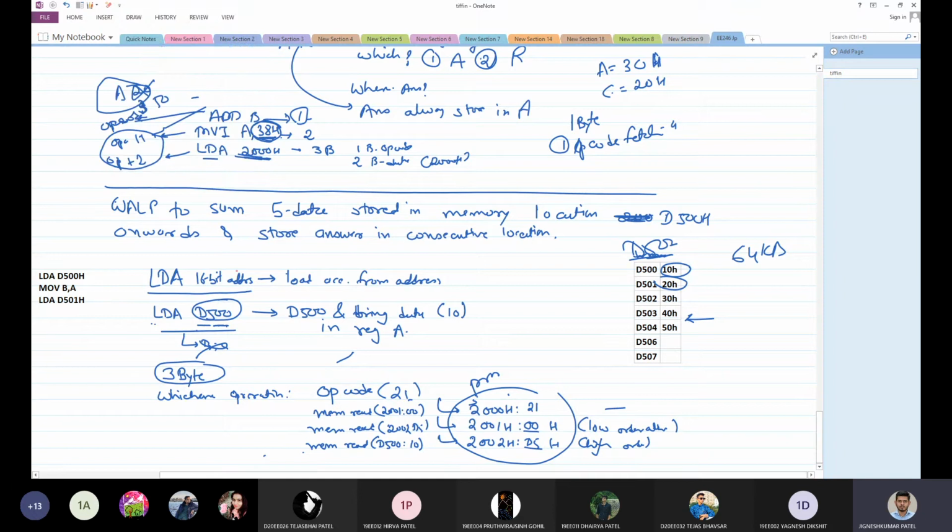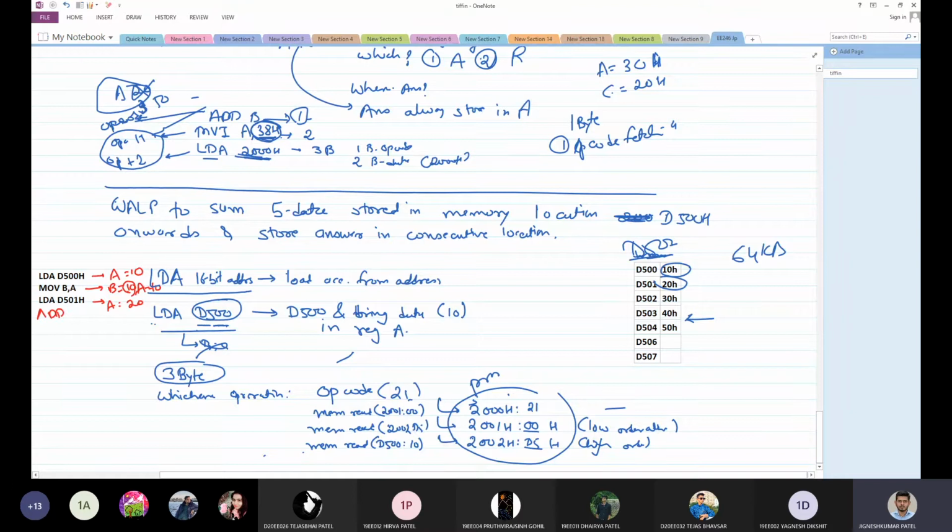Problem solved or not? Here what will happen? Your accumulator will bring in 10 first. Then that 10 will be copied to register B. Still A has 10. But once these two execute, A and B both have 10. Then I am again performing LDA. Your A will bring in new data, that is 20. But now B has the copy of 10. So do not worry. Now I can perform addition between two numbers.